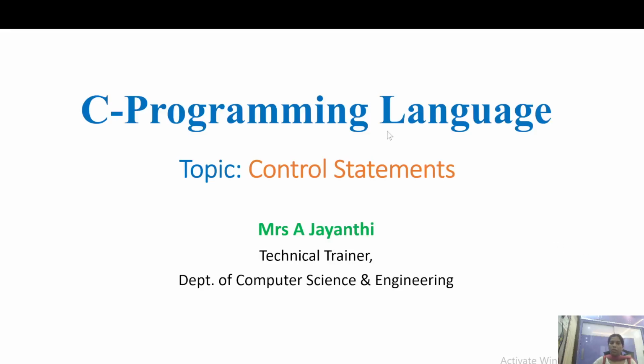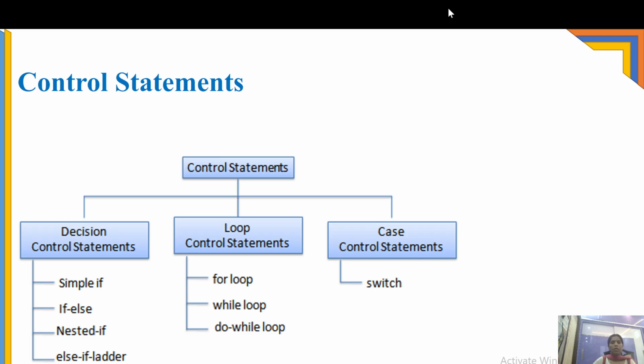Good morning. The next topic is control statements. So, we have different types of control statements. First, let us discuss what a control statement is. Normally,